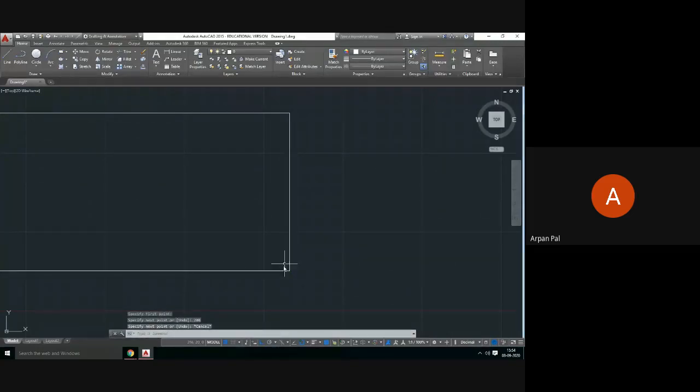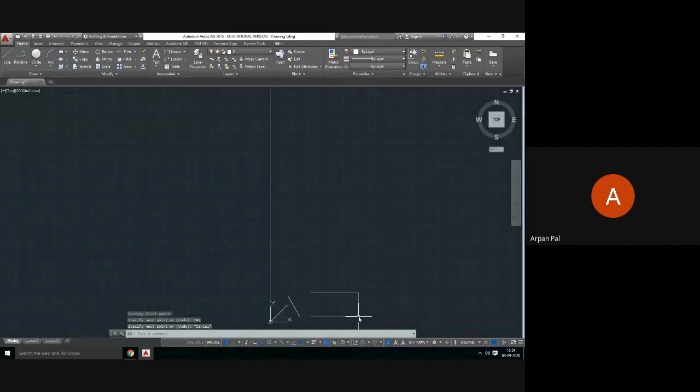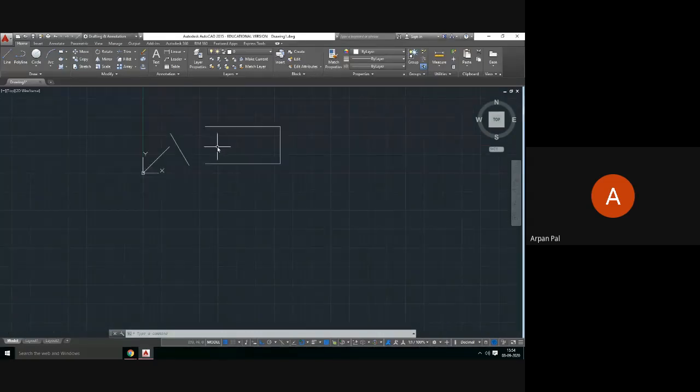See what happens if you zoom around it. See what happens? Now it is completely joined. Again, the mode is on. That means I can take this endpoint and then just click on this endpoint, and in order to give the dimension, the rectangle is complete. This is the function of this O-snap. Now, which are the points it will snap? That means it will show when you try to draw.